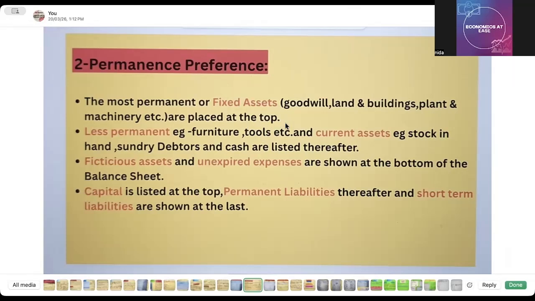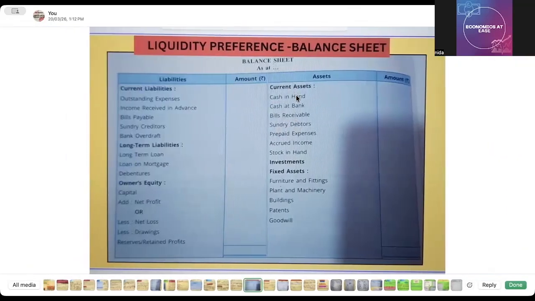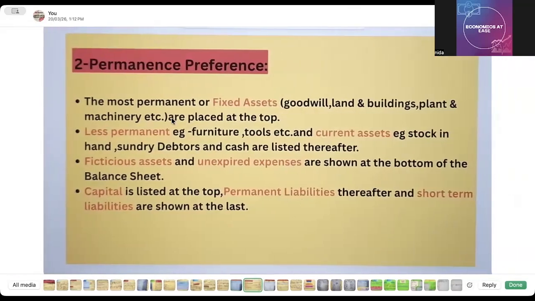परमानेंस, इट मीन्स परमानेंट, ओके, प्रेफरेंस द मोस्ट परमानेंट और फिक्स्ड एसेट, यानी कि परमानेंस का मतलब है सबसे पहले हम क्या करेंगे उसमें, फिक्स्ड एसेट्स। दो तरह की बैलेंस शीट बनाने को बता रही हूँ मैं, ठीक है? एक थी आपकी लिक्विडिटी प्रेफरेंस, इसमें हमने सबसे लिक्विड पहले करा। अब परमानेंस में ये उल्टा चलेगा बिल्कुल, जस्ट टू रिवर्स, ओके, रेसिप्रोकल। फिक्स्ड एसेट्स वी विल टेक, first we are going to take